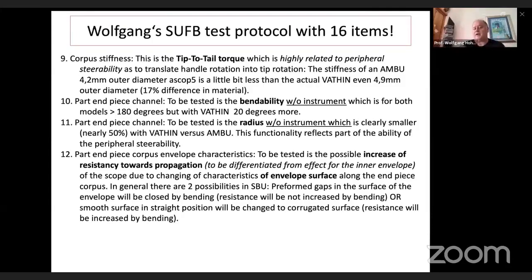To be tested is the radius without instrument. It's a difference between radius and bendability in total, because whatever you have, when you have a very high bendability but your radius is very small, then ask yourself which instrument will pass through that, right? Increase of resistance towards propagation. There's one idea not only to reduce envelope surface, but as well to build up